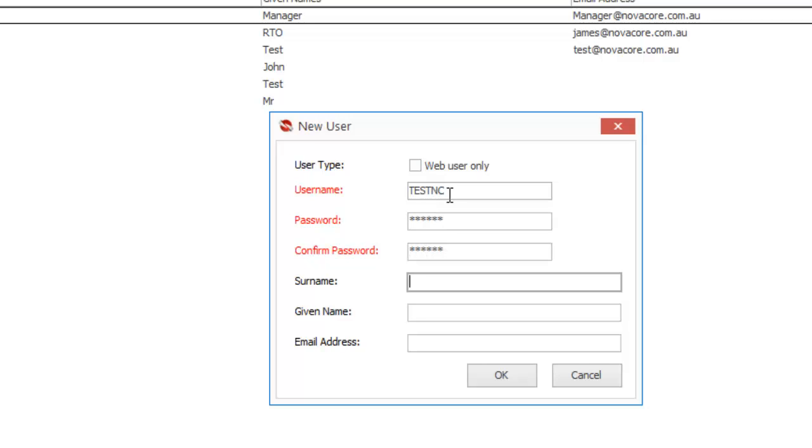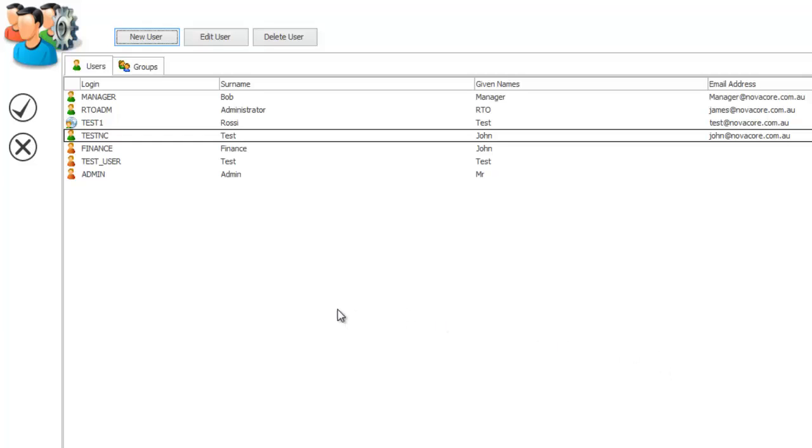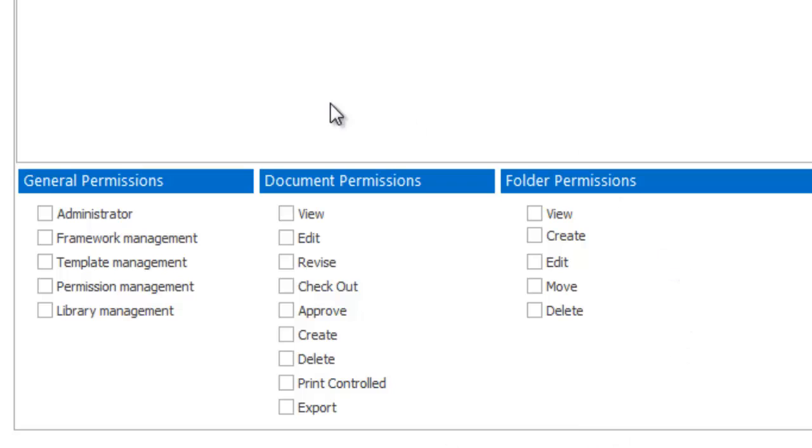And then I'm going to give them a surname, so test, and given name is John, and an email address. And then click OK. As you can see here, my user will now show up in my user list. john@novacore.com.au is the email address, given name, and surname. I can now see the permissions they have at the bottom here and allow them permissions that I want them